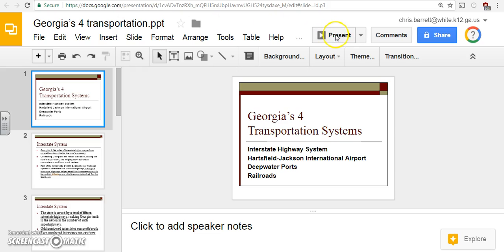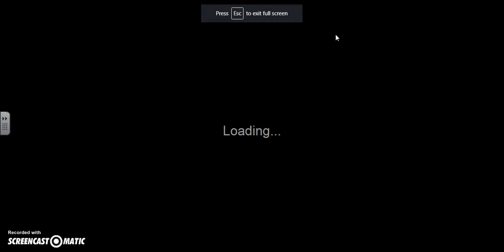Next, we're going to talk about Georgia's 4 transportation systems. When we look at Georgia's transportation systems, we know that getting goods from the coast inland is a very important part of Georgia's economy. And so the first part that we're going to look at are the interstates. And so when we look at the interstate systems of Georgia,